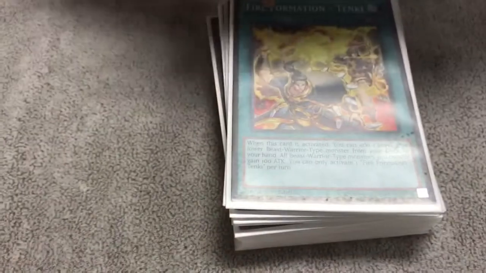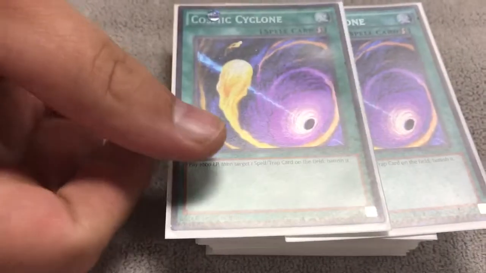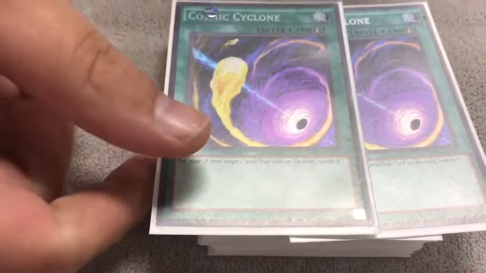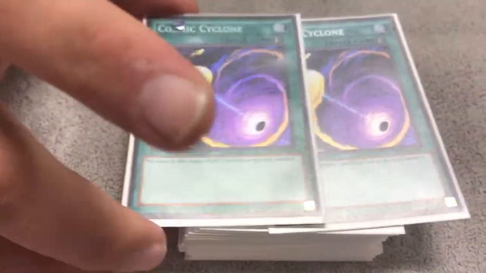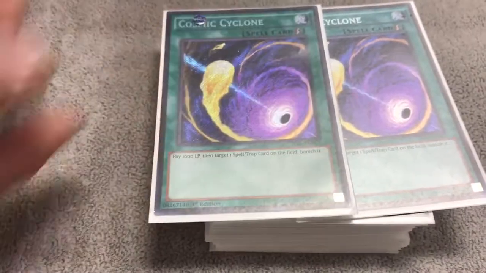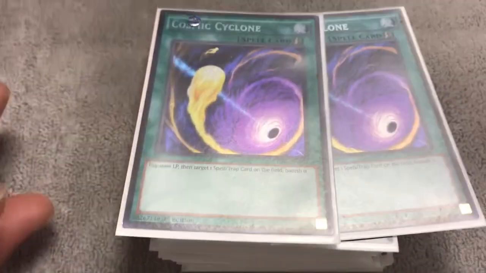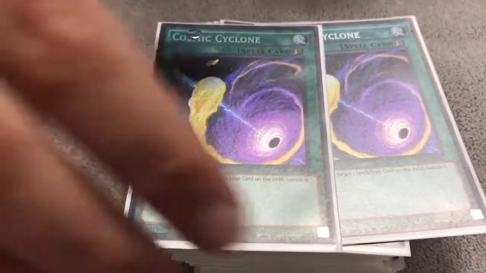And we have 2 Cosmic Cyclone. So I know whenever True Draco came out, everyone started main decking this card for that matchup, but that's not the reason I main deck this card over Twin Twisters. So as everyone knows, going first is the most advantageous thing in the game. Well, even though Twin Twisters is the better card against Zoodiac,